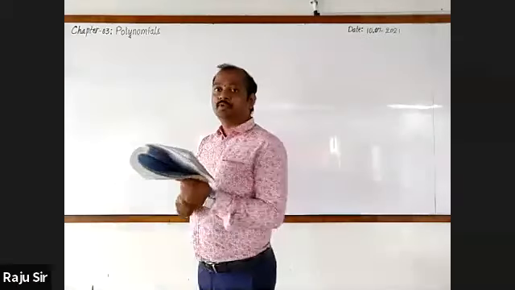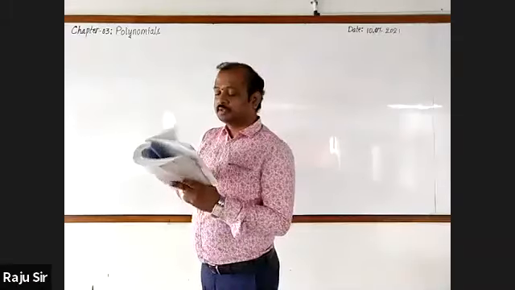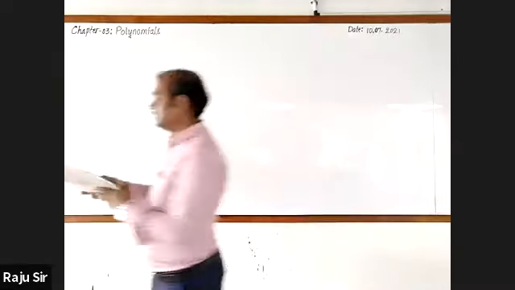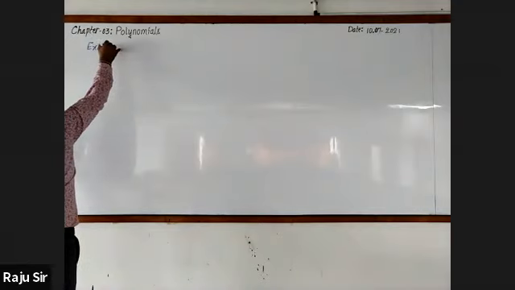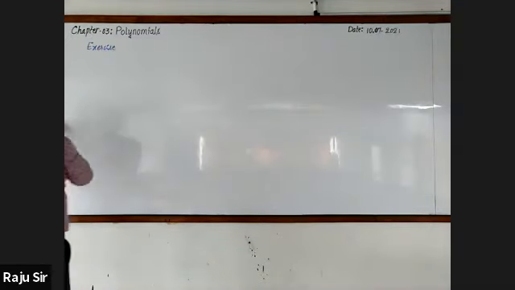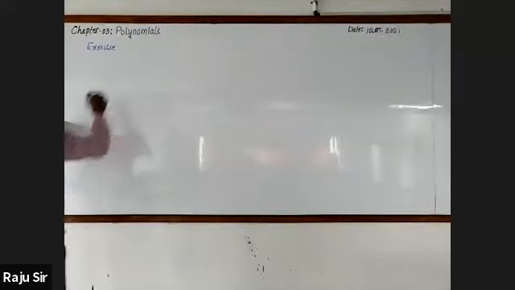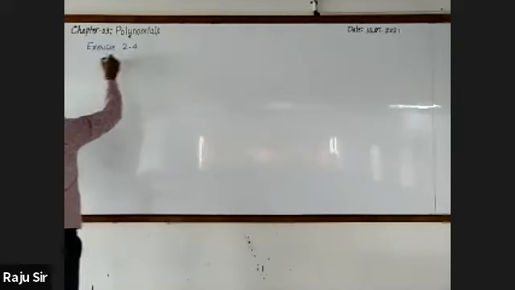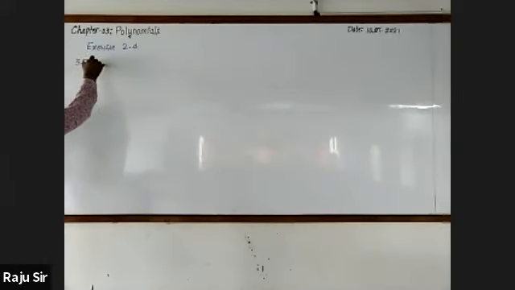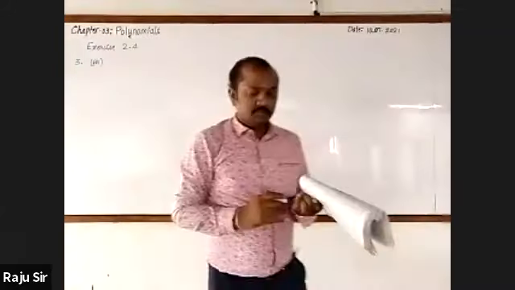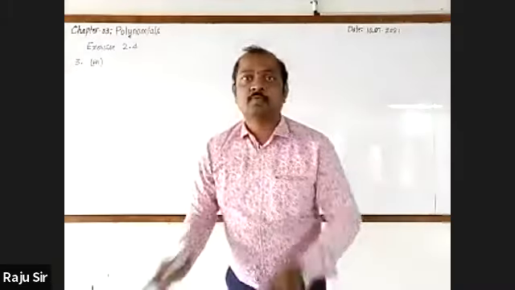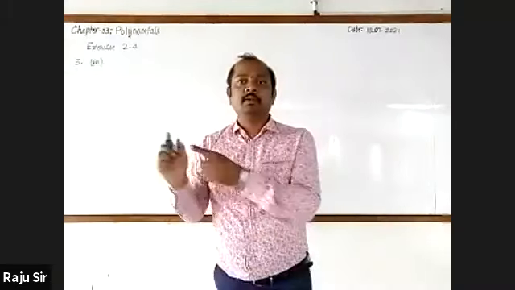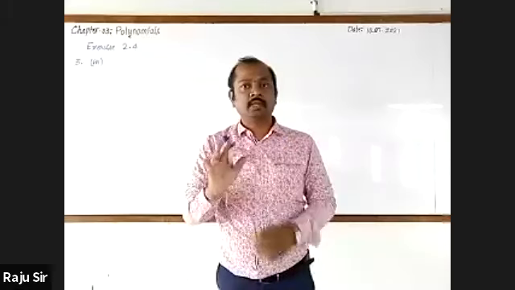Now we are moving to third subquestion. Exercise is 2.4. This is third main in that third subquestion. Look here. This main is related to finding the value of k for the given polynomial. A factor will be given, right?